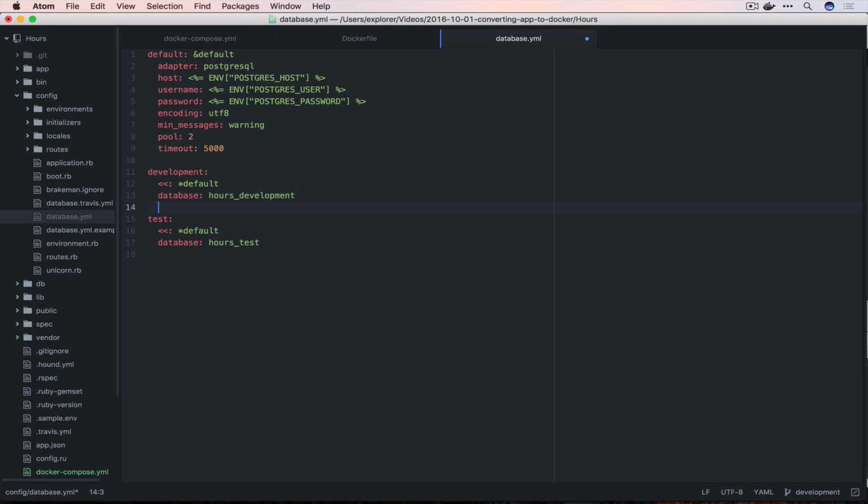There we go. And that should be good to go, but just for safe measure, in case we ever did want to deploy this to a production setting, we can do the same thing here. So we can do production, set this to default, and the database to hours production. All right, save that. Looking over in the sidebar here, there is no secrets.yaml, which is also something that we're